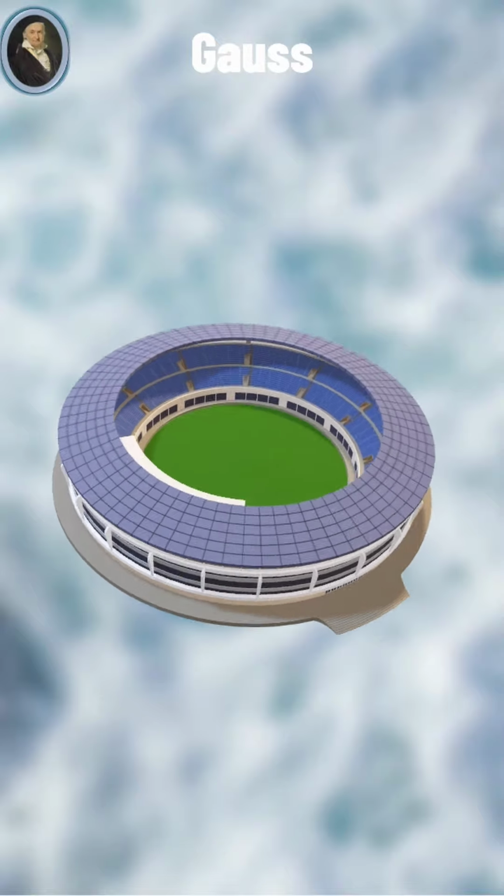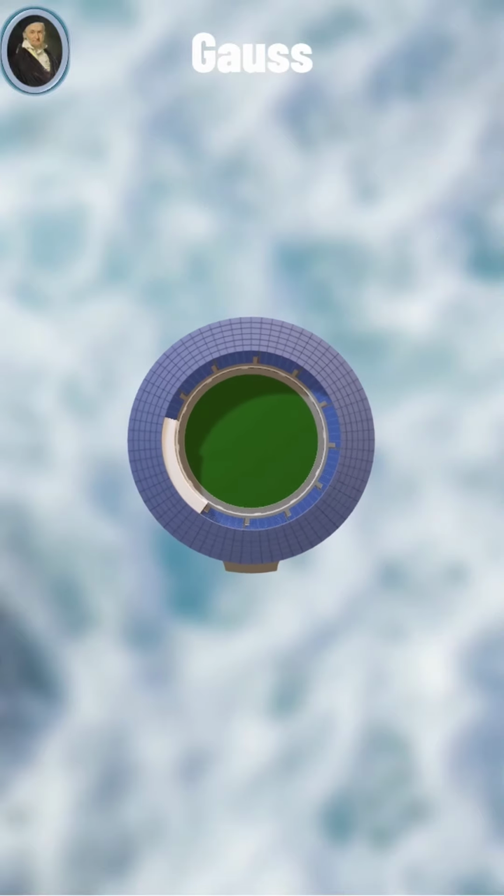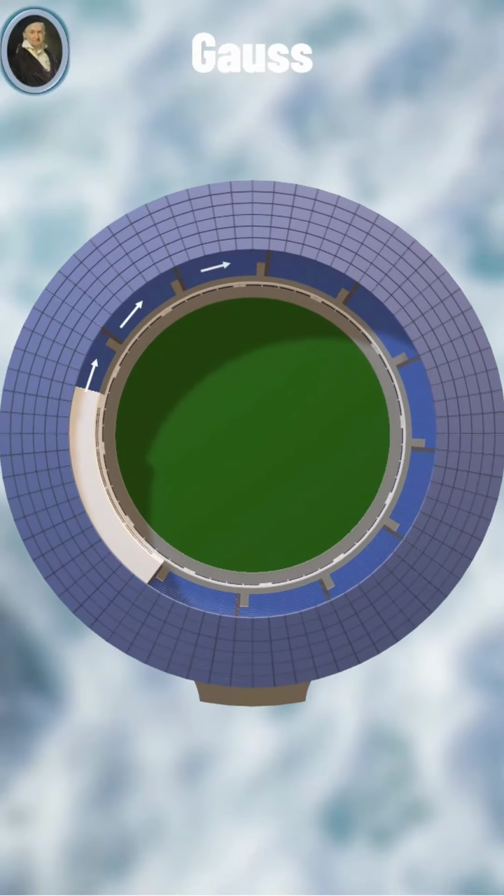You could divide the stadium into sections like cells in a mesh, estimate the average number of people per section, and multiply the average by the number of sections. This is basically what Gauss does in the finite volume method. In the context of fvSchemes, Gauss essentially refers to the Gauss divergence theorem, which is used to relate the volume integrals